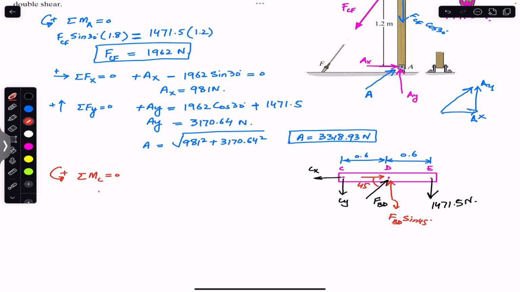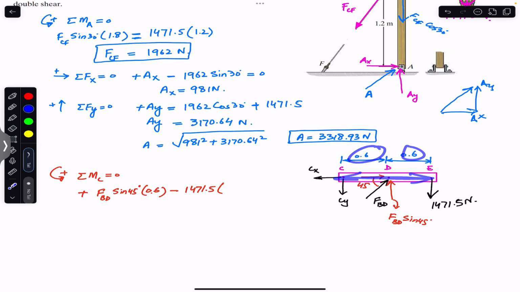So we will say FBD sine of 45. This is producing the counterclockwise moment, and the moment arm of this component from that point C is 0.6. So we will multiply it with 0.6. And similarly, this weight is producing the clockwise moment about that point C. So we will write minus, the weight is 1471.5 multiplied by the perpendicular distance, which is this distance, which is 1.2. So we will multiply this with 1.2. This is equal to 0, and FBD, the normal force in that strut BD, is